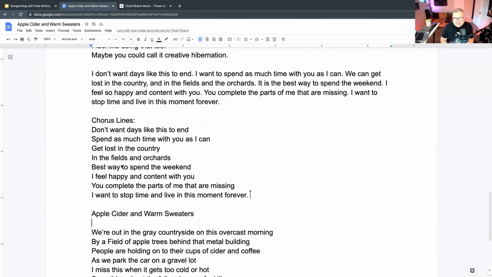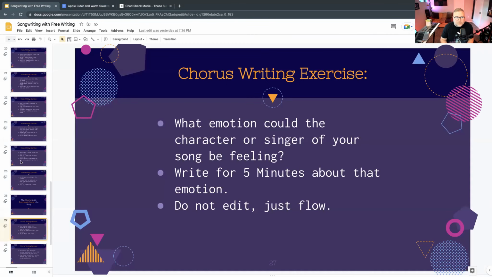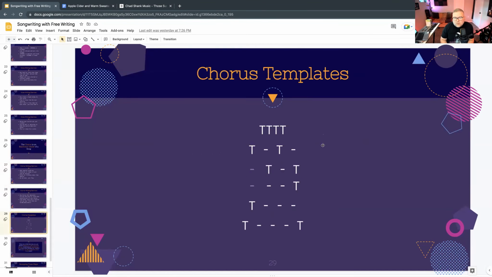So possible phrases. Now I can start to drop that into the different chorus structures that we've talked about in previous workshops. We've talked about how you can repeat the title for your chorus. That's the fastest way to write a chorus, repeat your title. You could also do title, line, title, line. You could do line, title, line, title. Like a lot of country songs, there's a bunch of lines and then your title line at the end. You could do your title in the beginning followed by a bunch of lines, or you could also bookend it as well.